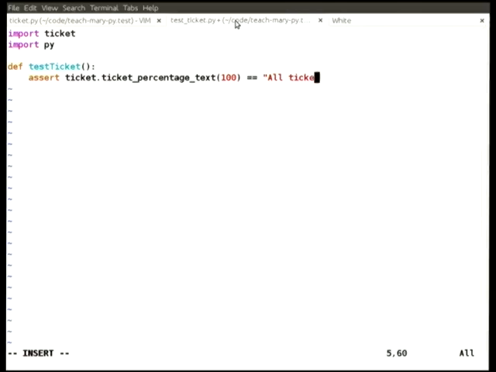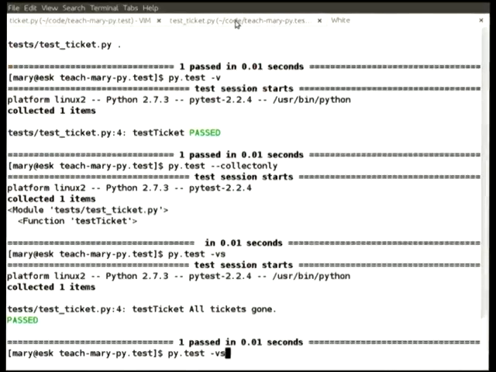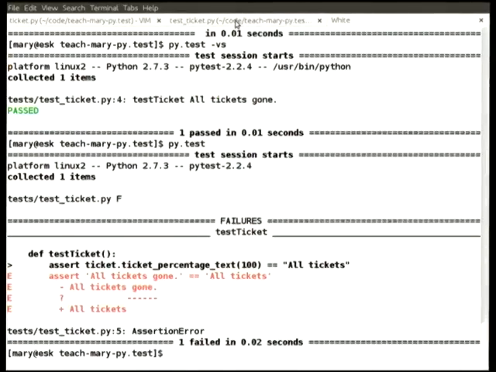So we can just... Actually, it can be nice to write a failing test first, just to see. Oh yeah, okay, all tickets. So, yep, we have a failure. It's given us this information about what is wrong, and you can get the output here in a few